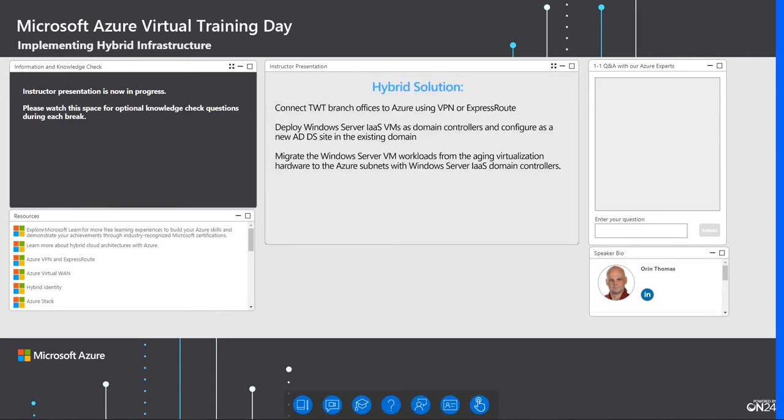Well, one of the things that we could do is connect each Tailwind Traders branch office to Azure using a VPN or ExpressRoute. A VPN, Virtual Private Network, is an encrypted connection that runs over the internet. ExpressRoute is a high-speed fibre optic connection that runs straight over a private link that doesn't cross the internet into